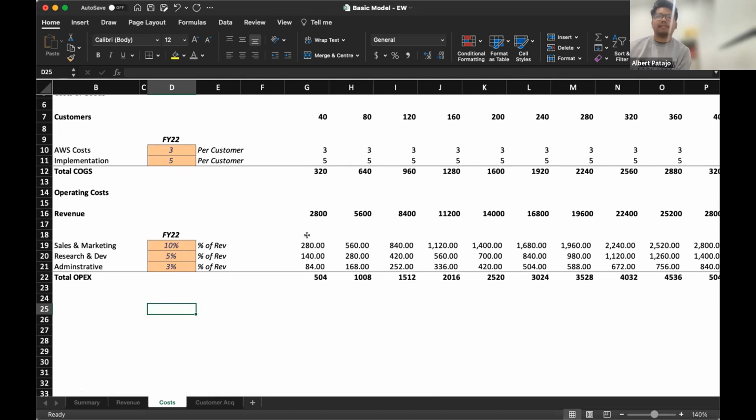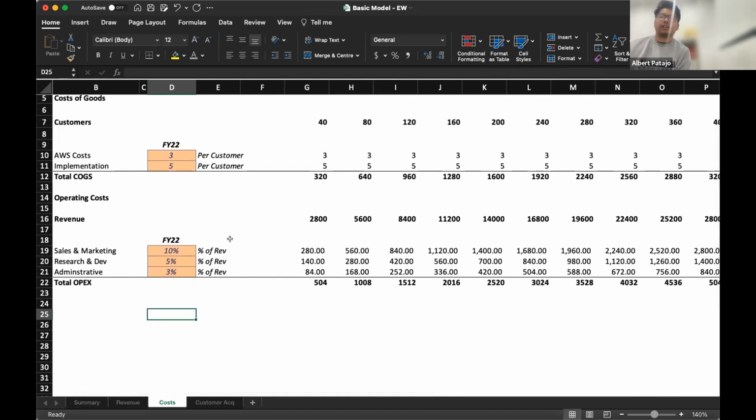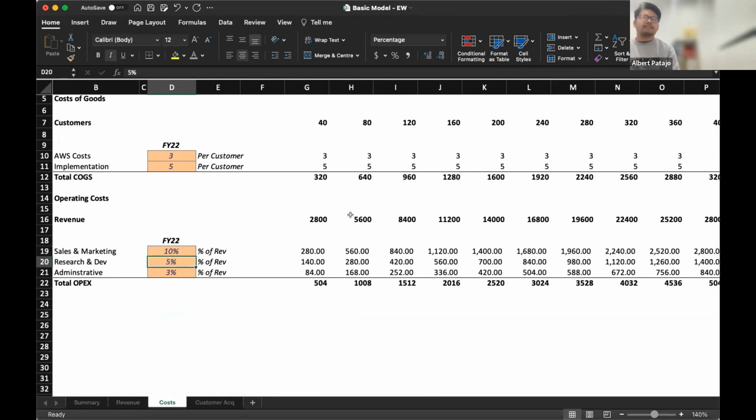The revenue side, particularly on a lot of B2B SaaS businesses, is where a lot of investors are focused, around pricing and customer acquisition. Costs haven't necessarily been a major part of forecasting in great detail. Now that's obviously changing, but just to keep things simple, I've forecast costs here as a percentage of revenue. So sales and marketing, research and development, and admin are just a percentage of overall revenue. Similar to your customer acquisition assumptions, you can flex these depending on how much you think you're going to invest.